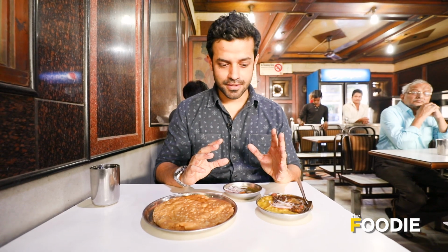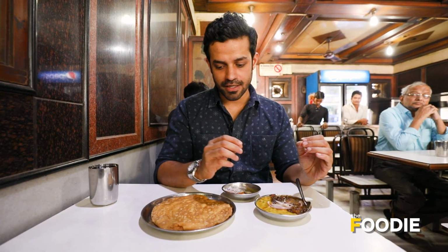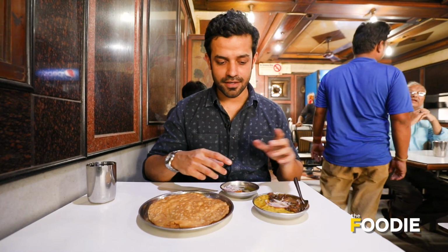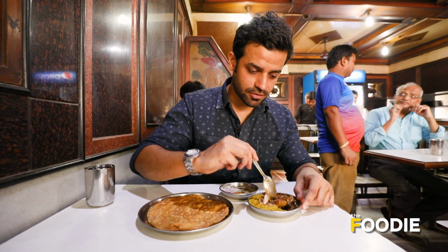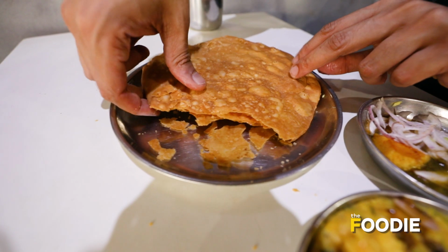Finally, the specialty of VIG, which is the Dal Pakwan. As you can see, there's the dal with the dhania and pudine ka chutney. This is the pakwan, and there's some onion and chutney on the side. So there's a way to eat it, which I've been told. So first I'm going to mix all of this up. So you break some of the pakwan,